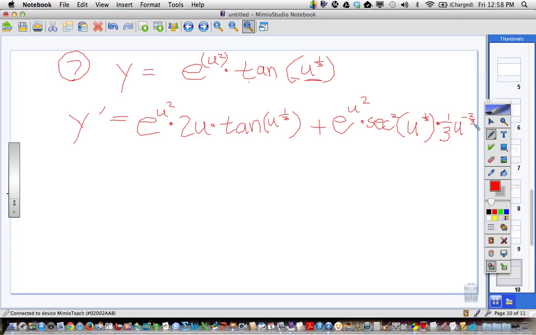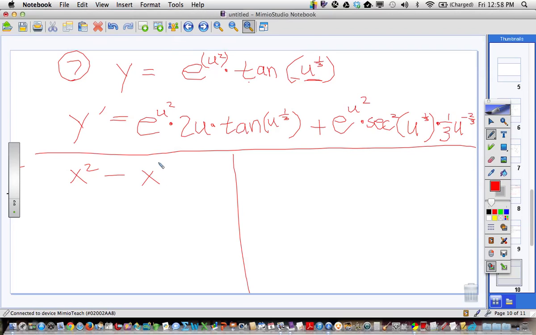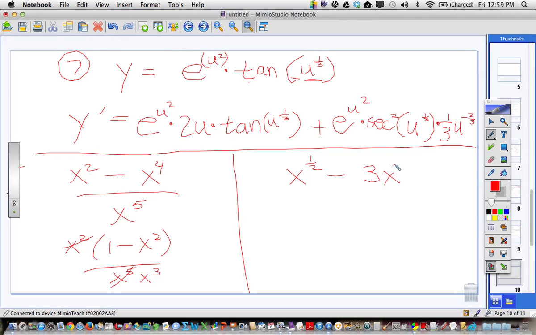Now, one last comment on the canceling. If we get a canceling problem like this, I'll just do a real basic one here. If I give you something like this with whole number powers, positive whole number powers, then yes, you should do some factoring. Take out an x squared, right? You get x to the 5th. Those would cancel. This would be x to the 3rd. You should do that. If you get something like this, which you will when you get into square roots,